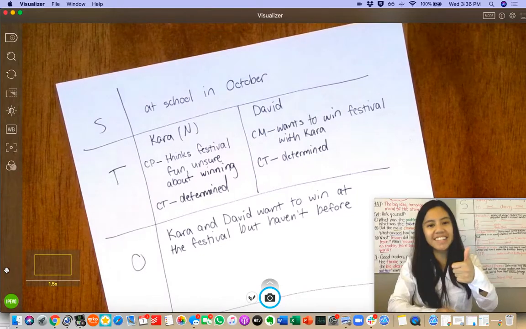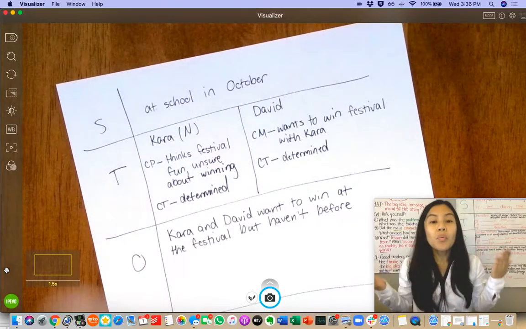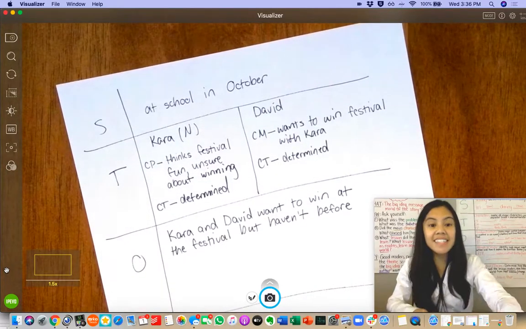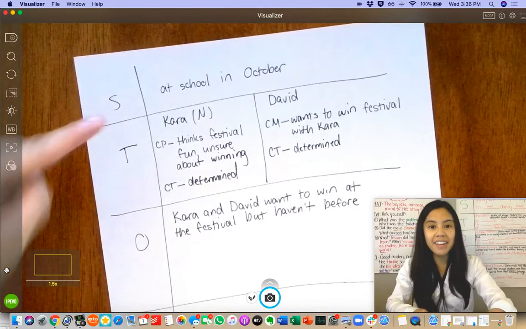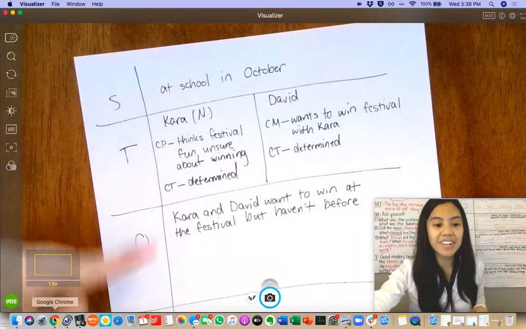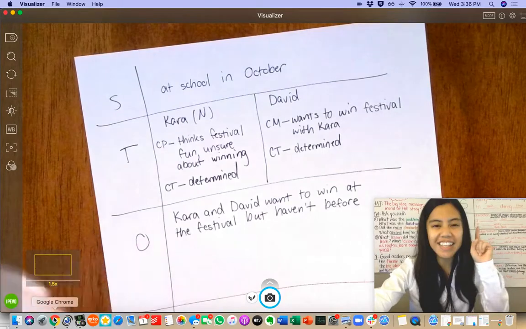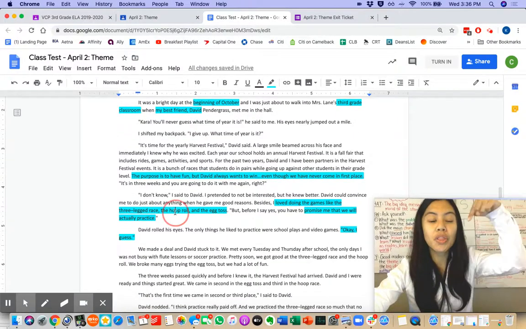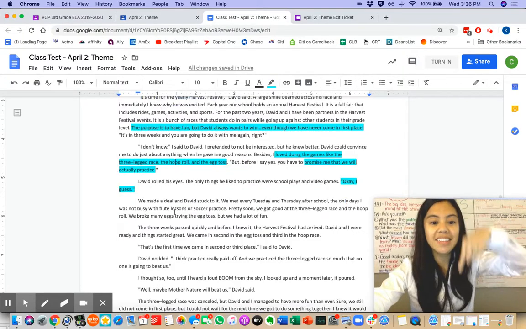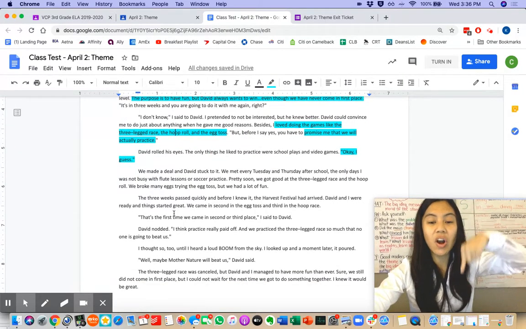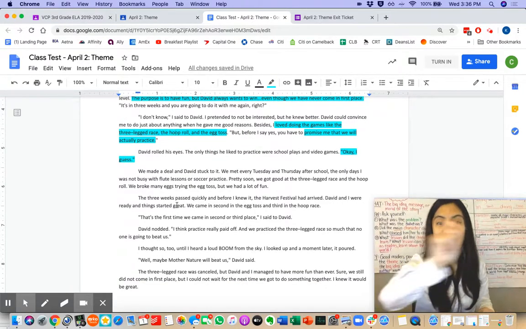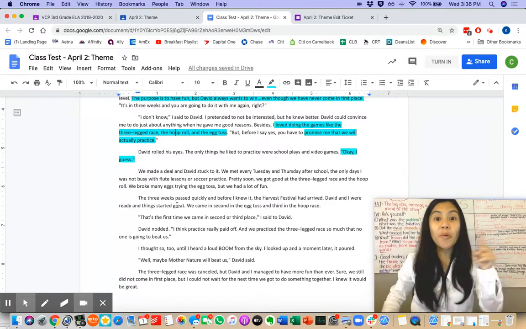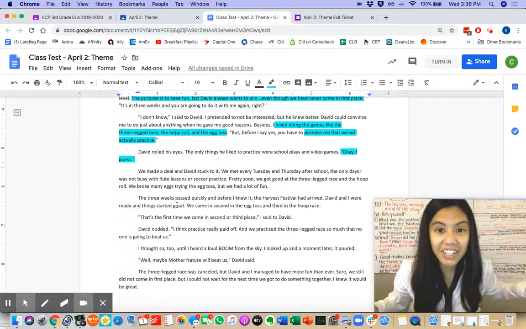Great, scholars. We've finished our STORY box. Now, readers, the challenge is on. You will read the rest of the text, scrolling all the way down and highlighting with your favorite color.